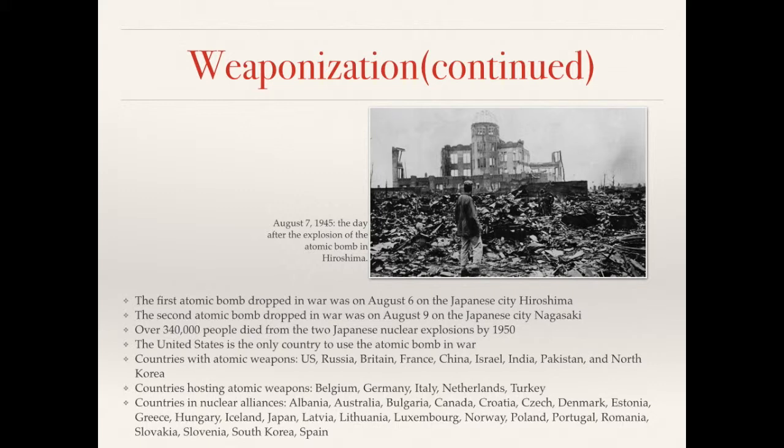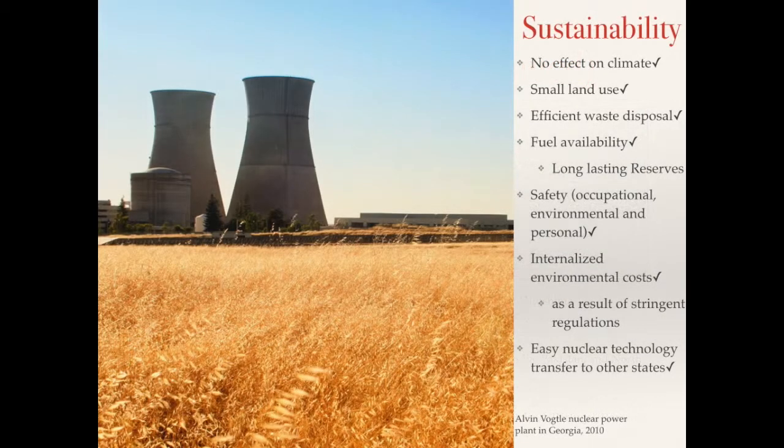Though Germany had surrendered by the time the first atomic bomb was tested in July 1945, President Truman decided to use the technology against the Japanese and dropped 2 bombs on them in August. After the war ended, despite international discussion of banning nuclear weapons, the nuclear arms race had begun. Today, 9 countries possess nuclear weapons, 5 host nuclear weapons, and 23 are in nuclear alliances.